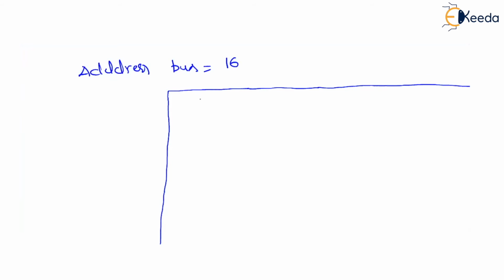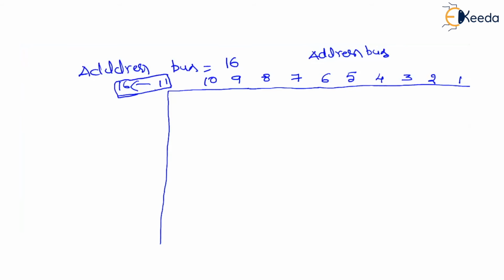Okay, so here, this axis will represent the bits. That is the number of bits for the address bus. This is address bus bits. I will write it here. Address bus. Okay. So how many digits total? 1, 2, 3, 4, 5, 6, 7, 8, 9, 10, 11 to 16. 11 to 16 I'm not representing here, but anyhow my address bus is of total 16 digits.